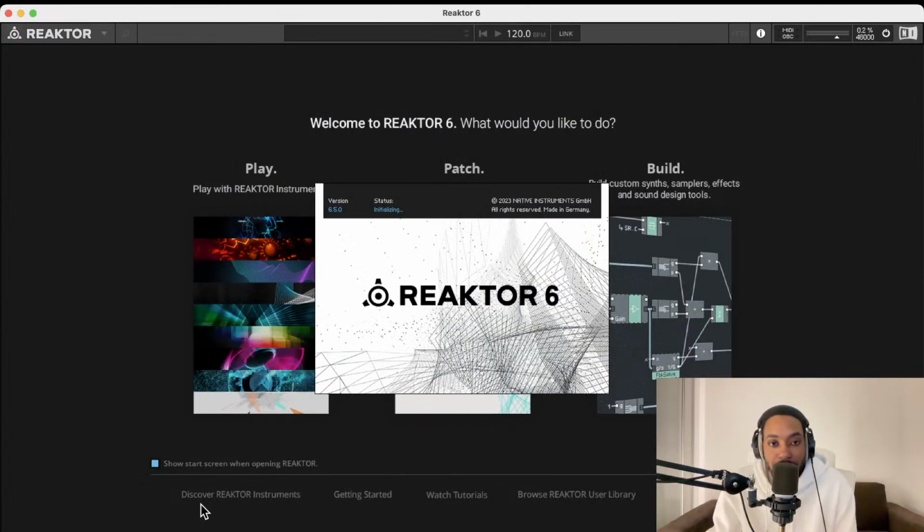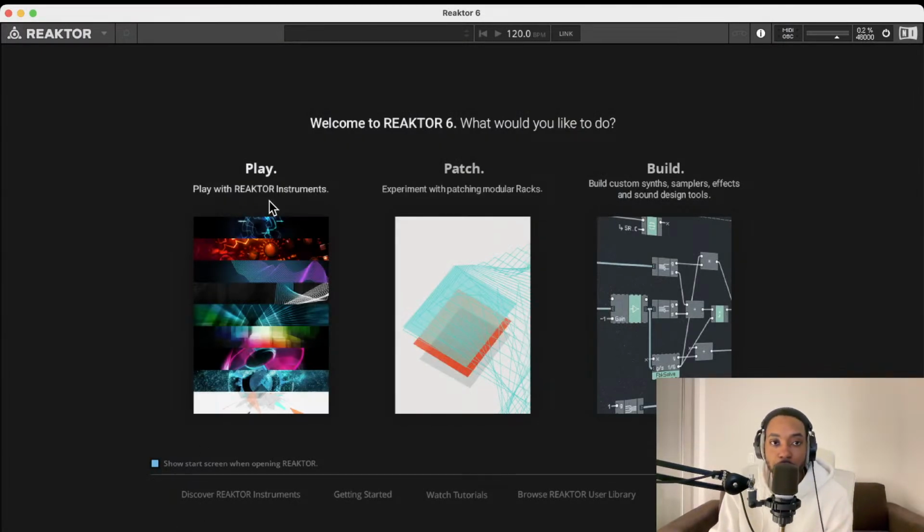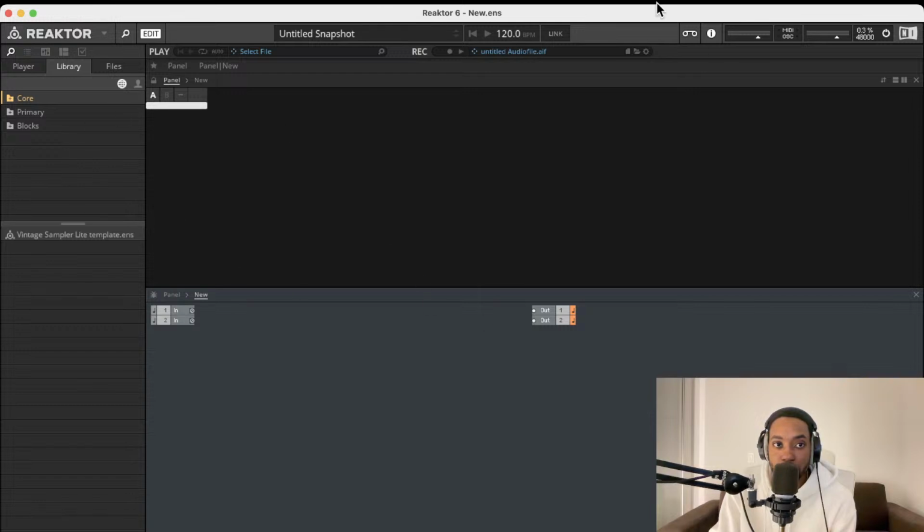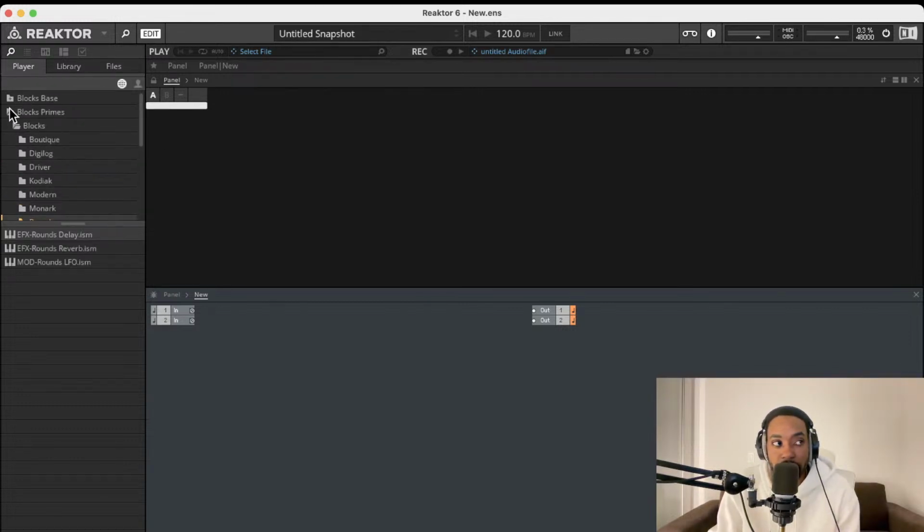So when you open up Reaktor, you're going to be greeted with a page here that gives you options. One is to create instruments that are already inbuilt inside of Reaktor. Another is to patch together modular racks. And the third is to build from scratch using synth samplers, effects, and sound design tools. So today we're going to be using the build section. And when you open that page, you're going to see several options on your left side: player, library, and files. We're going to mostly be delving into the player section, which are the inbuilt blocks inside of Reaktor. And these blocks are going to help you build out your sound design